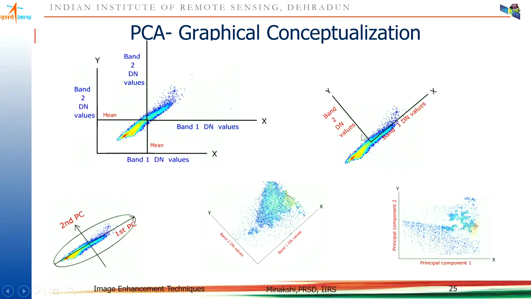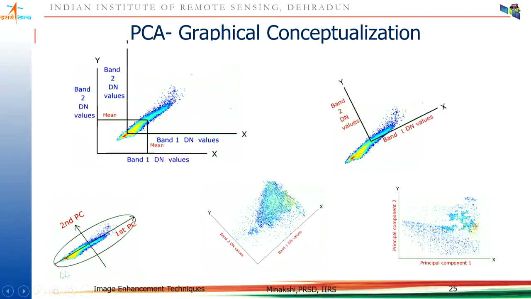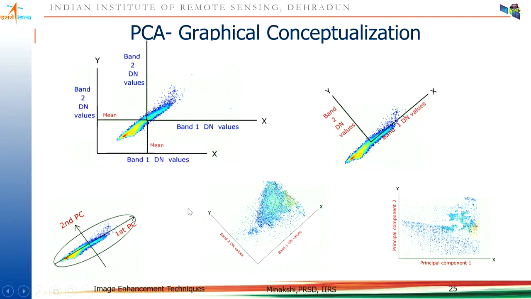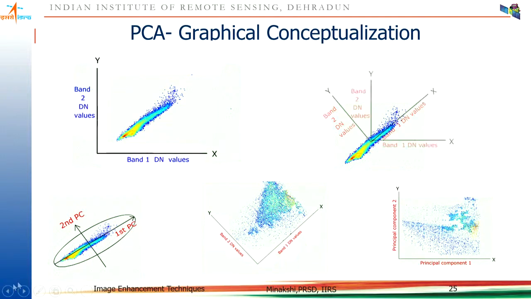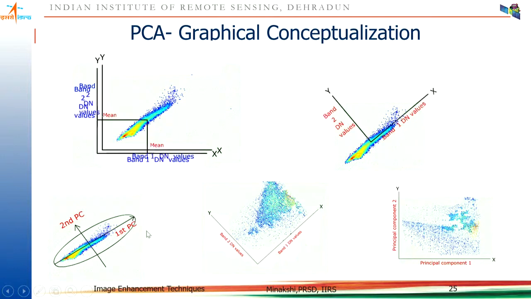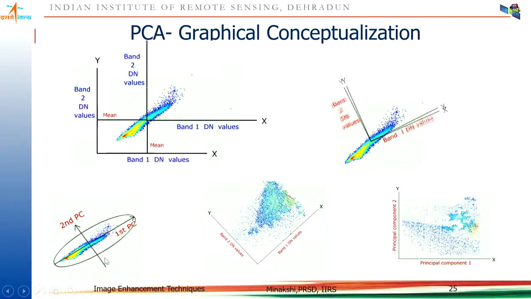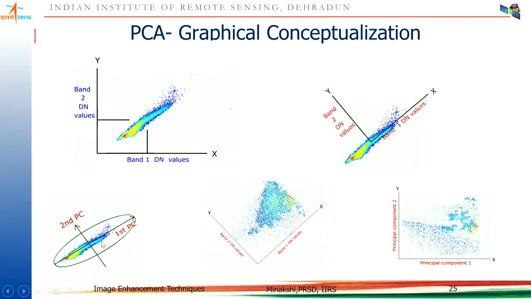The band 2 also gets rotated, so that if this data was a perfect ellipse, let's say, it lies along the minor axis of the ellipse. So the first one is the major axis of the ellipse, maximum amount of information. The second one, perpendicular to it, is the next amount of information. So we say this is the axis of the first principal component after it has been rotated, and this is the axis of the second principal component after it has been rotated.